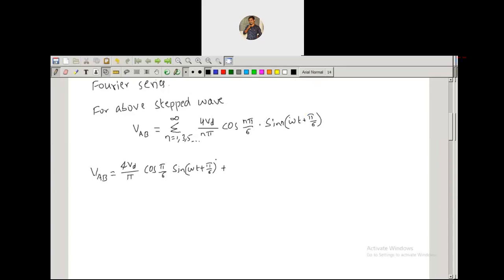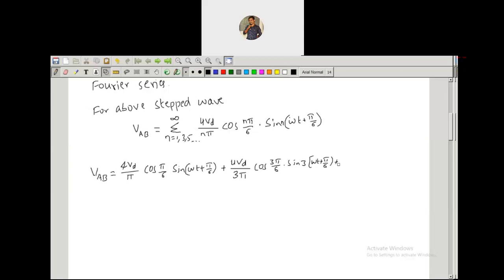Okay. Now let us expand this equation. VAB is the line to line voltage. So the next term is n equals 3. For n equals 3, we substitute the n value equal to 3: 4 VD by 3 pi into cos 3 pi by 6 into sine 3 of omega t plus pi by 6. And next for n equals 5, let me write down here,